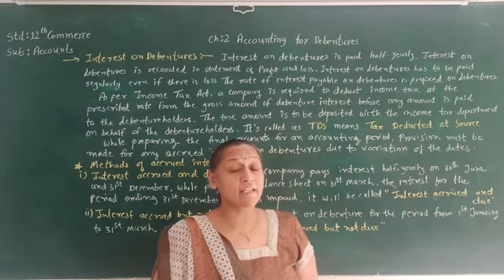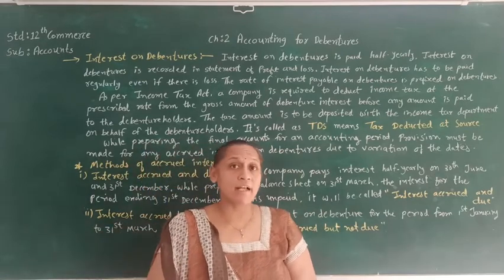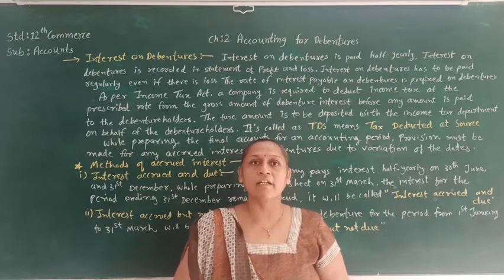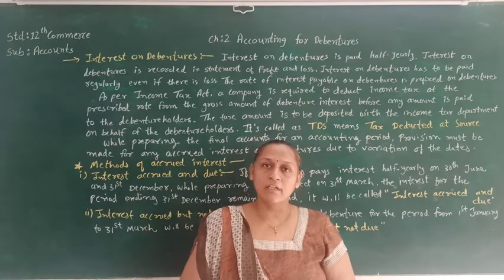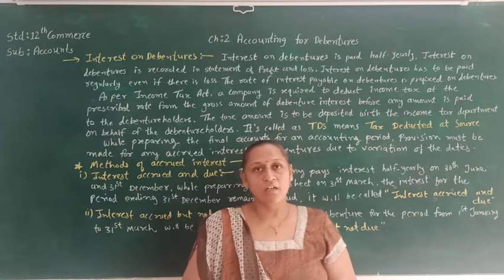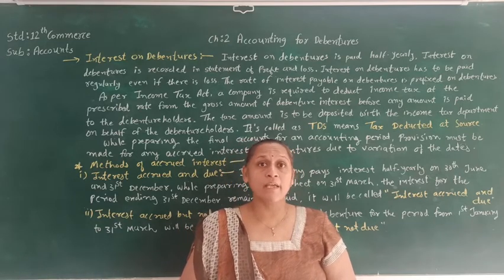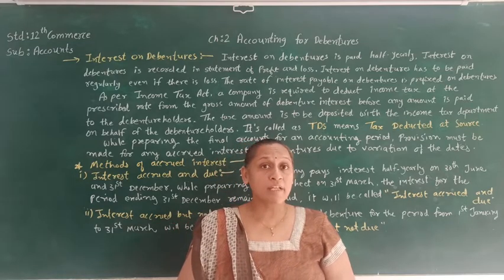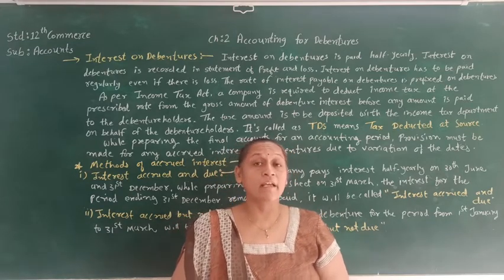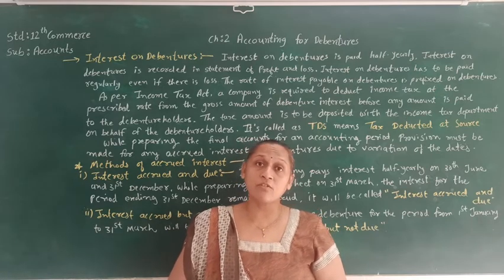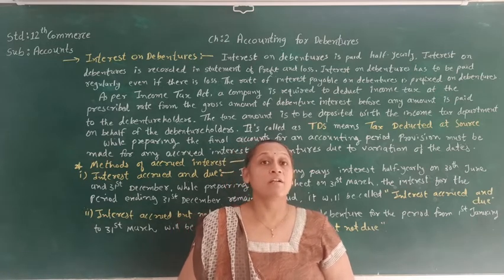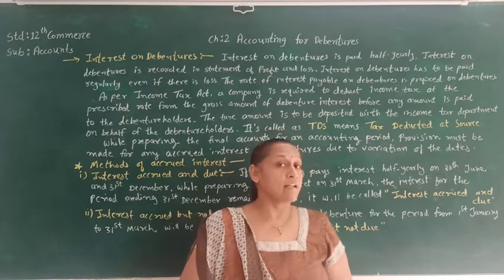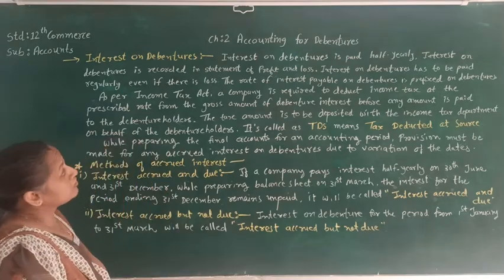Okay, let's see interest on debenture. As we know, when a debenture is given, at that time only the rate of the debenture is written on the debenture certificate. So the company has to pay the interest on the debenture at the same rate. The company can pay that interest half yearly, and before paying the interest the company has to cut the tax. So how to do that? Let's see that.